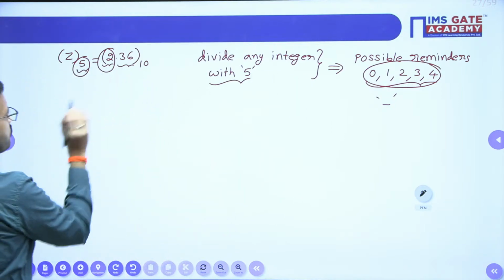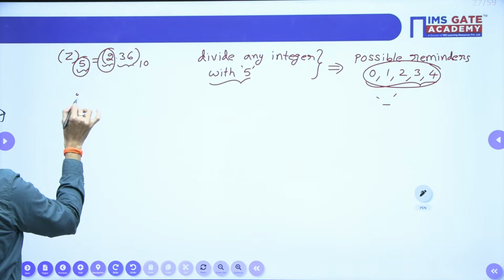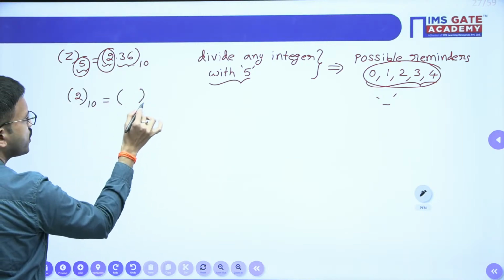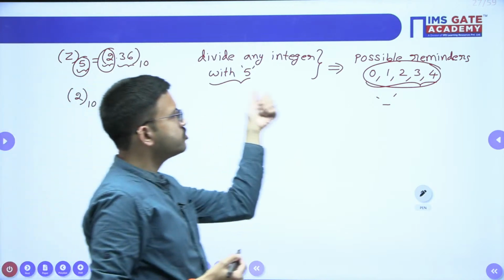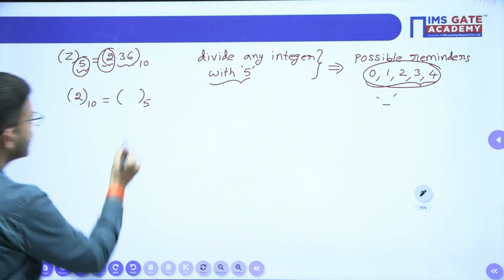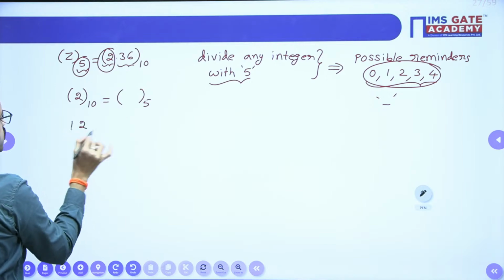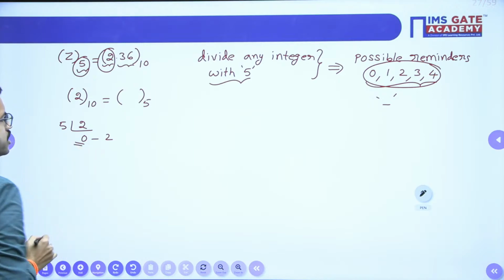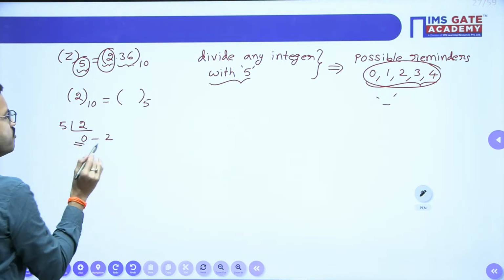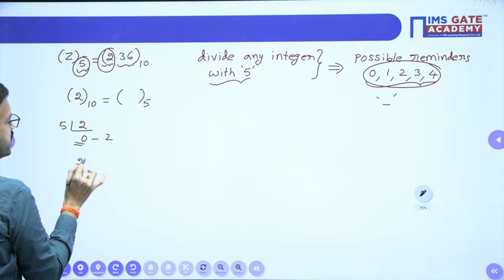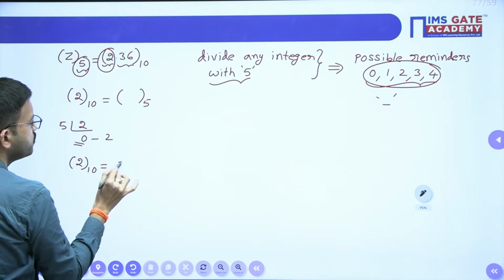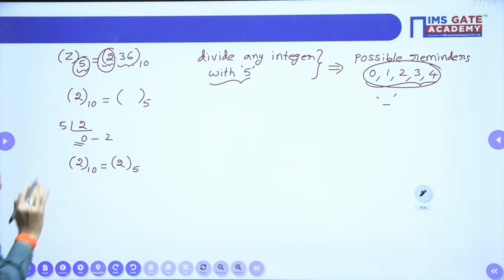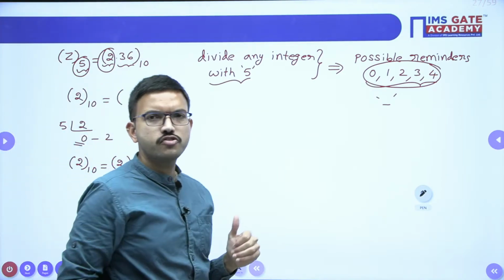Okay. So here you are having integer part 2. If you want to convert from base 10 into the corresponding base 5, as we have just mentioned, you have to perform repeated division with the corresponding base. Here 5 zeros are 0, remainder is 2. The moment you get quotient as 0, you can stop the process. So in this case, 2 base 10 is the same as 2 base 5. Both are the same. Now, exactly the opposite procedure you have to follow for the fractional part.